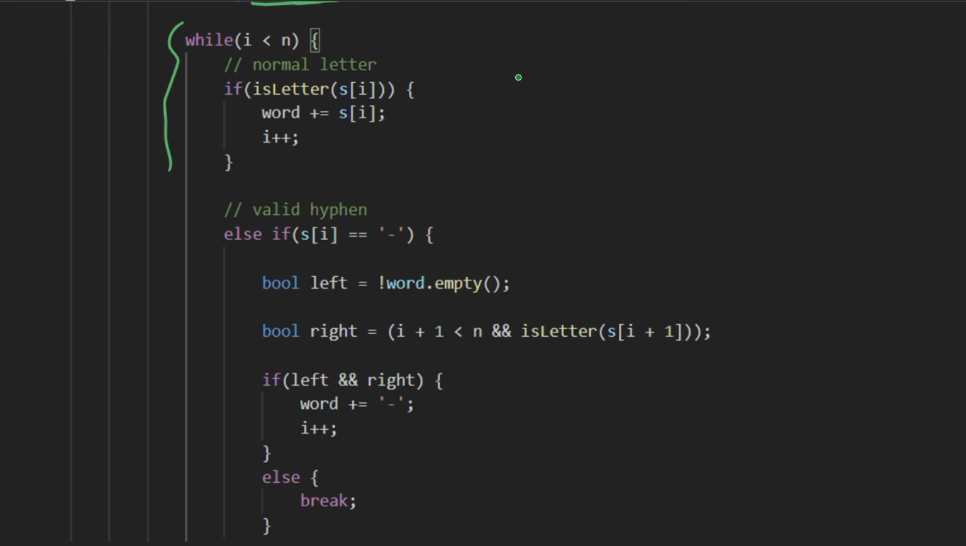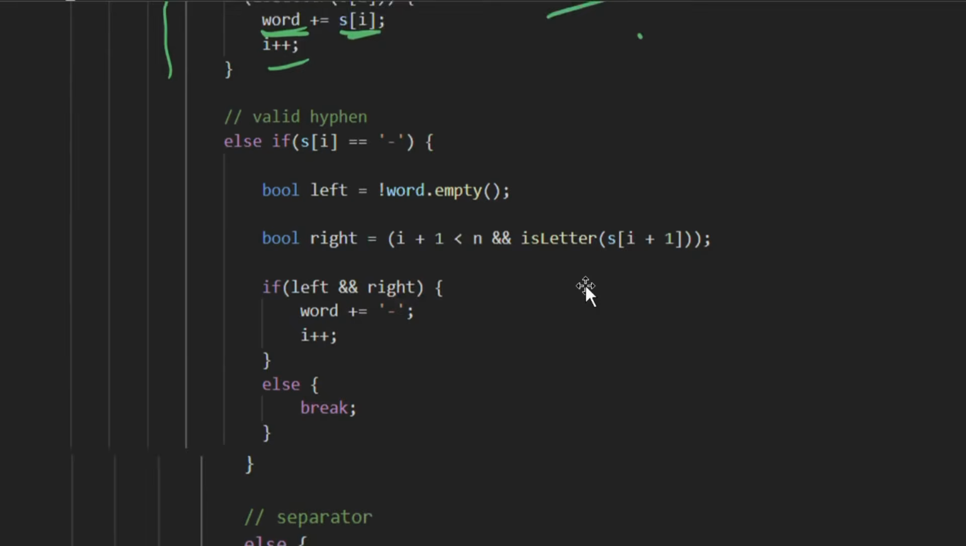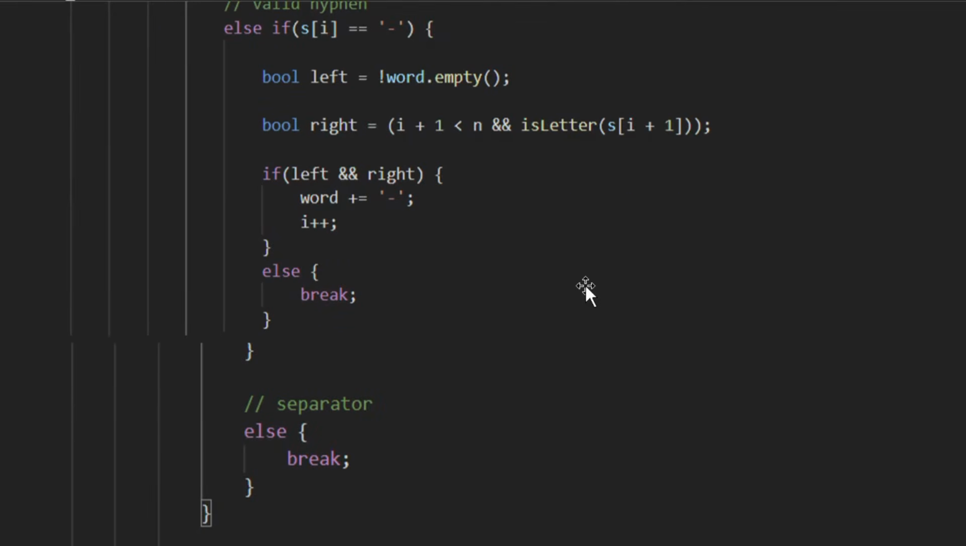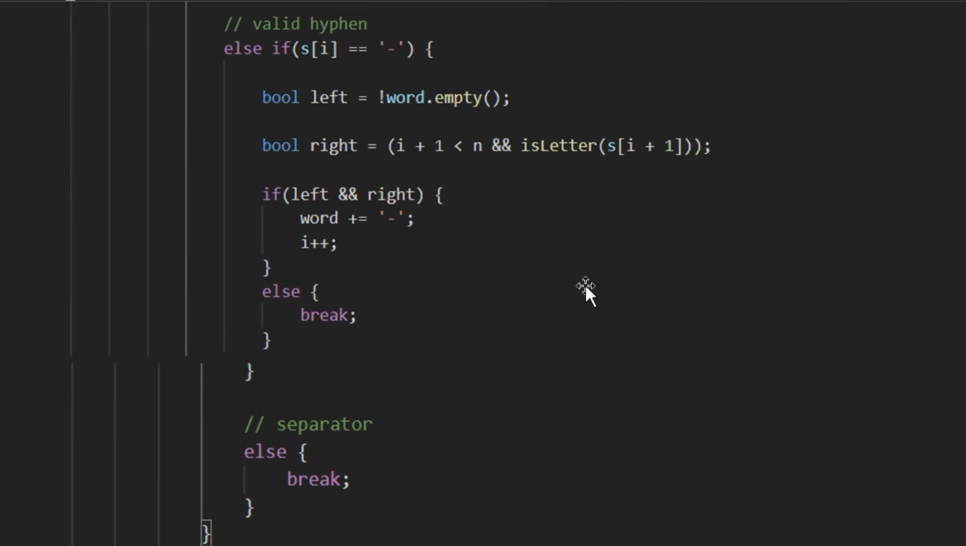a normal letter, that is A to Z, then we append that letter to our word and increment the pointer. Then we check if hyphen is present. If hyphen is present, then we check whether that hyphen is a valid hyphen or not. Valid hyphen means it should have a left part, it should have a right part. So we check whether word is empty or not. So if word is not empty,